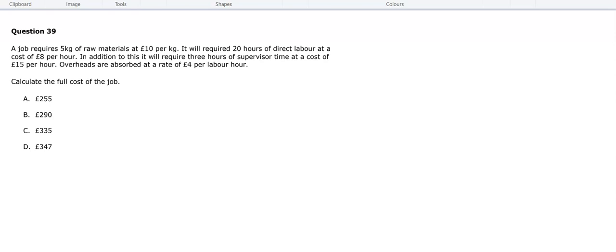Hi Beatriz. Okay, if this is any consolation, I actually got this wrong at first because I didn't think this is very clever of them. It's very sneaky, but it's an important point. It's true. I made exactly the same mistake as you did, and that's because somehow we forgot that even the supervisors, because you see overheads, imagine light and heat. Imagine the overhead we're talking about is light and heat. And the supervisor being out there is also causing this overhead of light and heat. So we must take into account the time the supervisor is spending on the shop floor as part of the